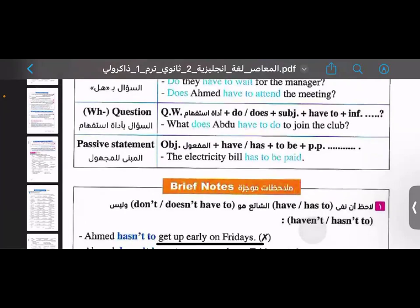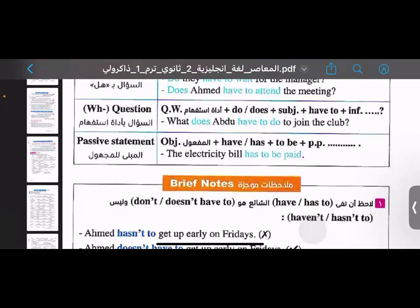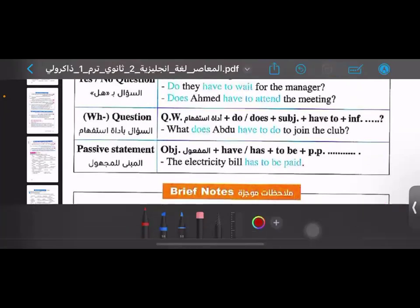Or the electricity bill has to be paid. So I can remove what, and I can write where, when, who, like that, and put do or does. It's according to the subject. If the subject is he, she, or it, I'm gonna put does. If the subject is I, you, we, they, I'm gonna put do. As the question, we're gonna be like that, like what do